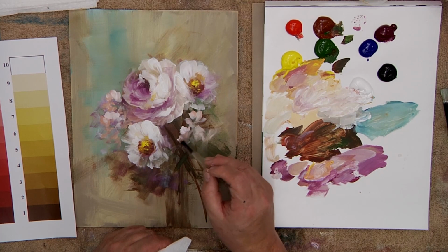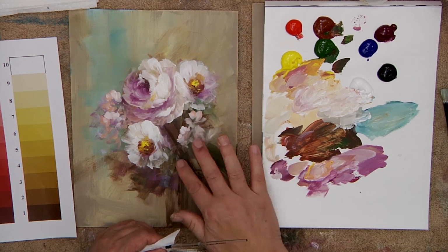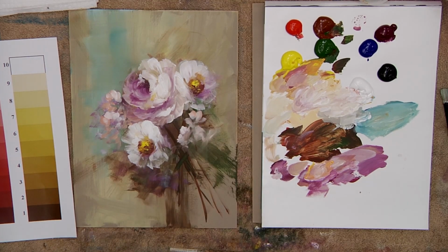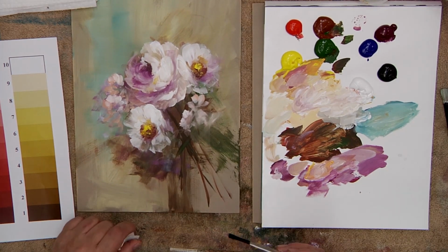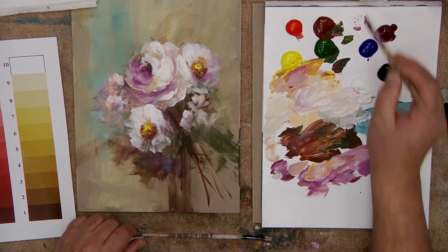You get these colors tracking around. What we call representational art. You're painting just a representation of flowers and blossoms. You're not making anything perfect. I'm going to take some